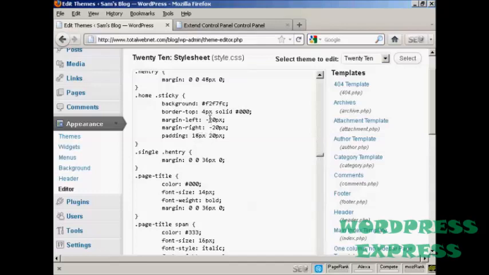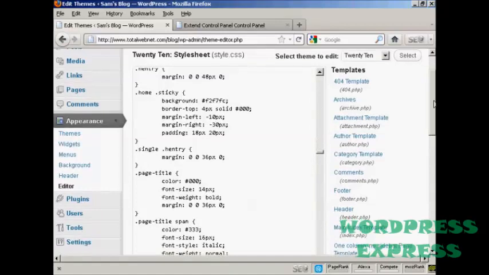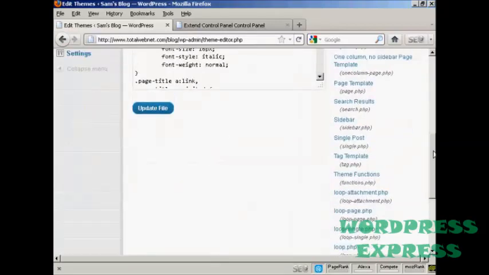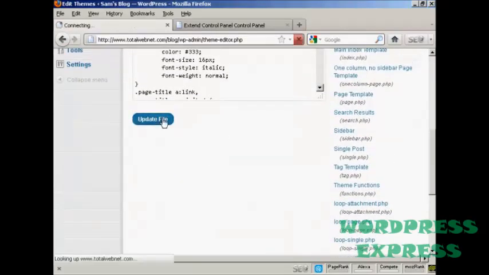Like, let's say I want to make the left margin 10 pixels, and we'll make the right margin 30 pixels to compensate. I can simply do it just like that, and then when I've finished making all my changes, I can come down here and click on Update File,